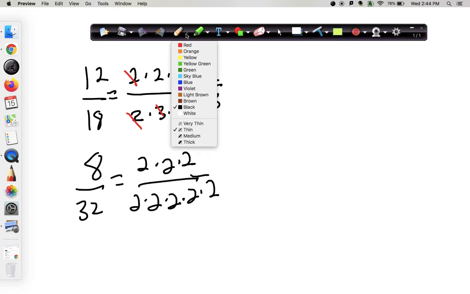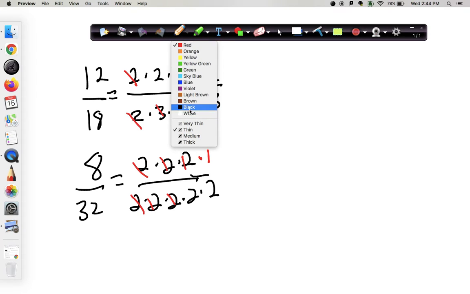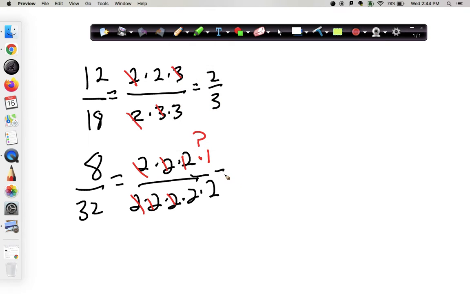If we cancel, what happens is I cancel those pairs of 2's, and we end up with what seems like nothing. We can always multiply it by 1. So this is equal to 1, and then 2 times 2 is 4. So we'll do one more example, maybe